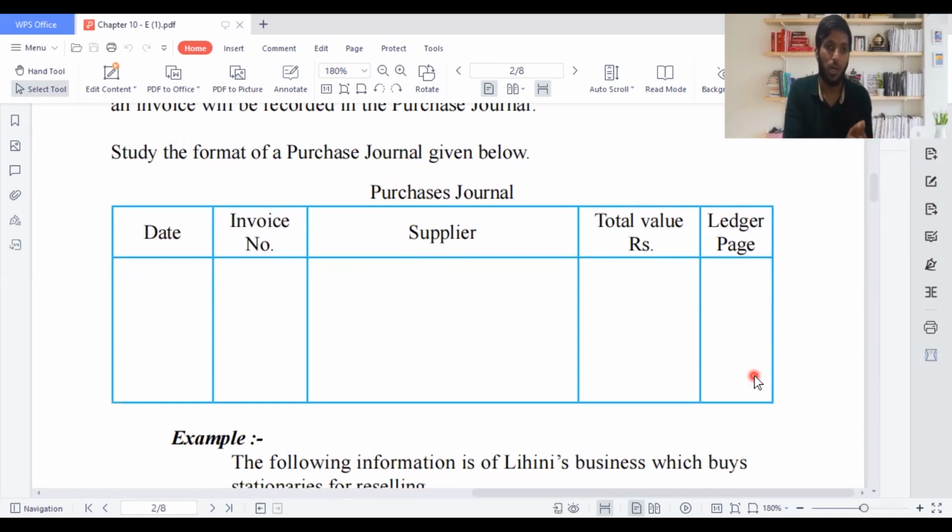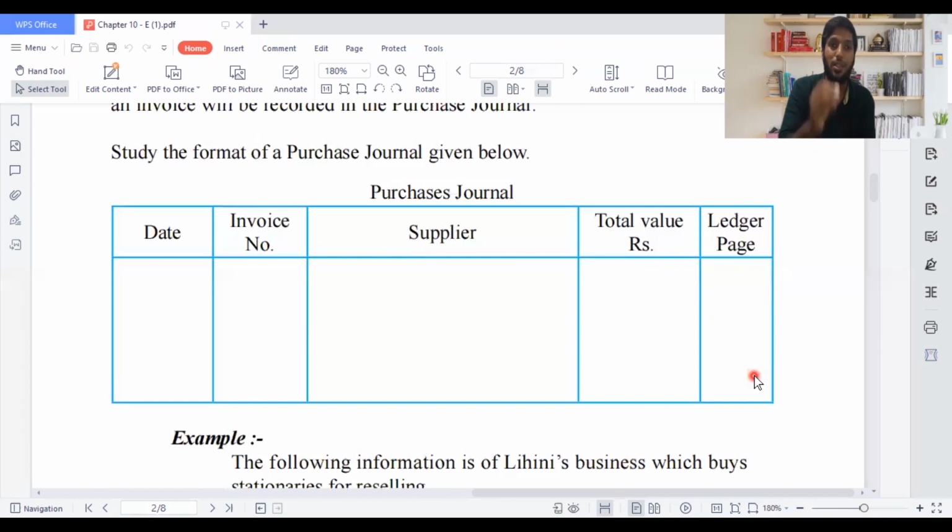Earlier, people used to do accounting manually. They don't have, like today, Excel, and they don't have today's SAP accounting software. There are a lot of software packages which we can use without recording manually. But in exams, you need to record it manually to show that sometimes systems can go wrong, but then you need to show that you know it, particularly under the purchase journal. So what is a purchase journal?